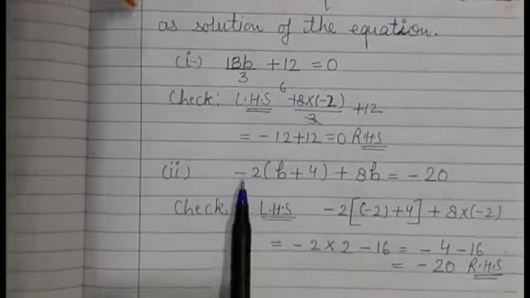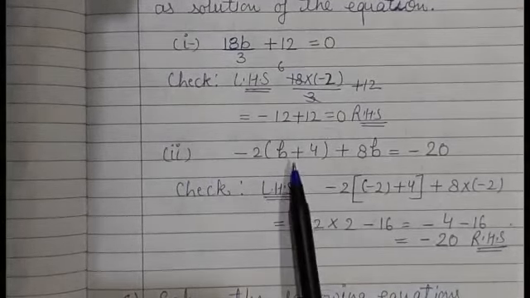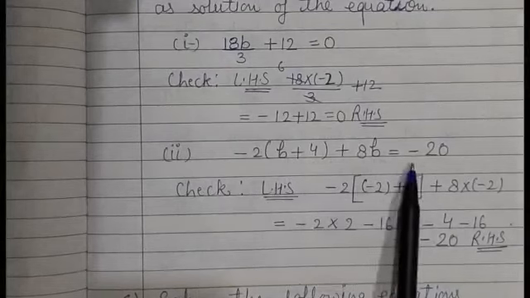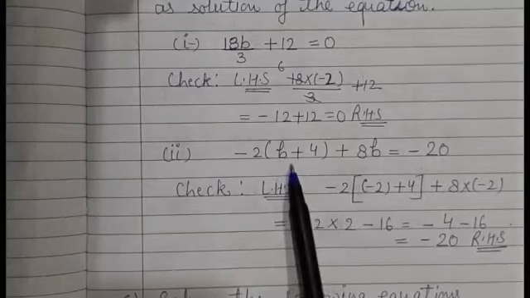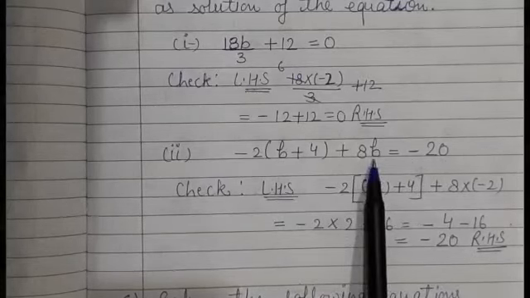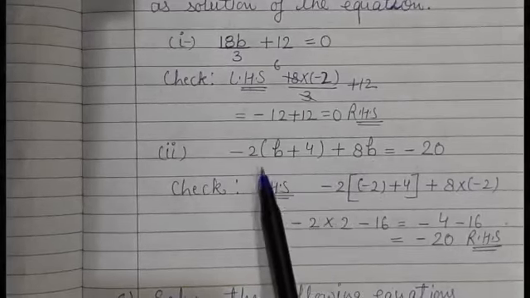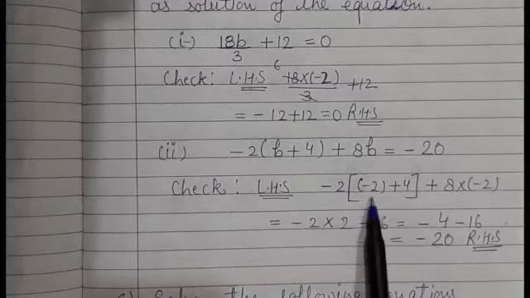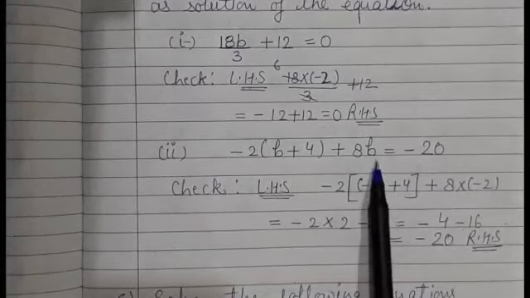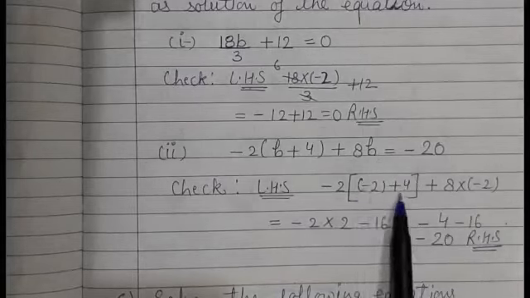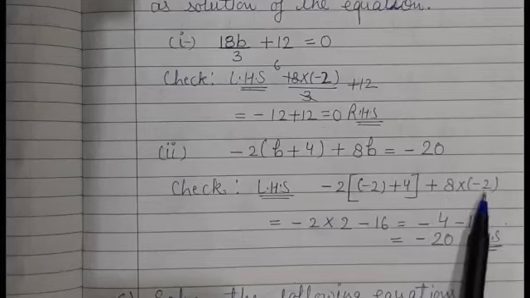Now the second equation, which I have taken as minus 2b plus 4 plus 8b is equal to minus 20. Here again we can check by putting b as minus 2 in this equation. When we put it in and solve, the left-hand side will be minus 2 plus 4 plus 8 into minus 2. And when we open the bracket, 4 minus 2 will be 2 and 8 into 2 is